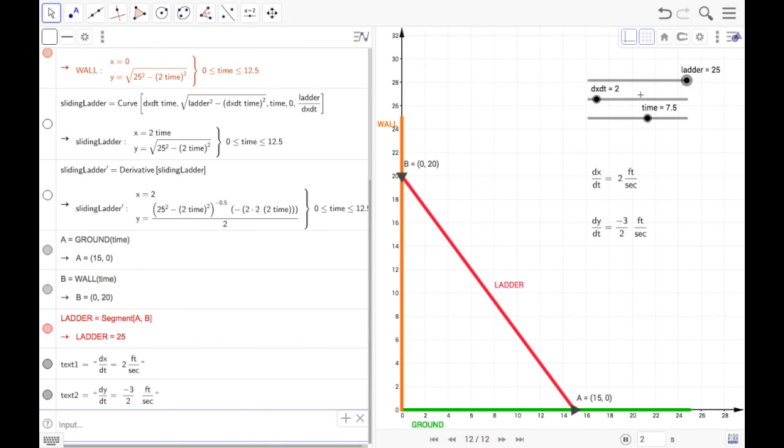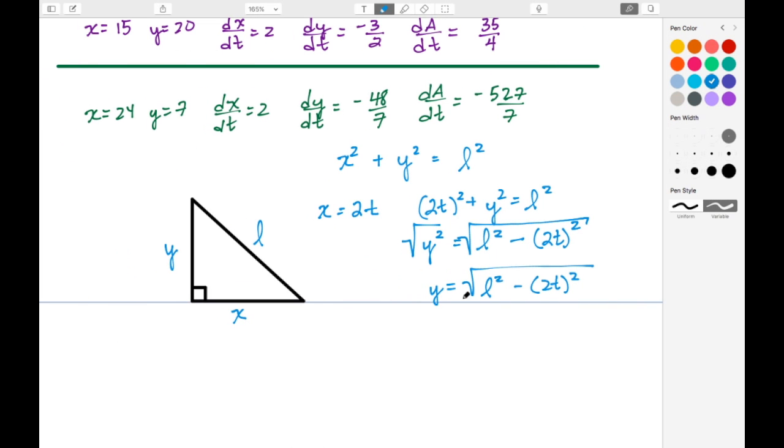Now, before I continue, let's talk about how we make these equations dynamic so that when we move these sliders, our diagram or our model moves accordingly. So we don't want to use constant values if we can help it. This 2 here corresponds to the value for dx dt, but what we have is a slider so that we can dynamically change that. So this 2 can be replaced with the variable dx dt. And we also have a slider for the variable t for time, and that slider has a name of time.